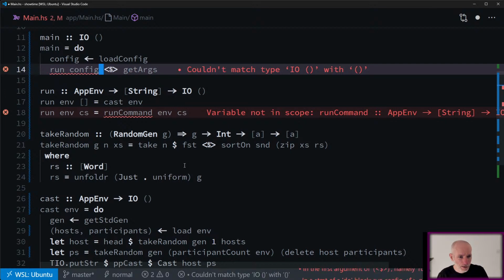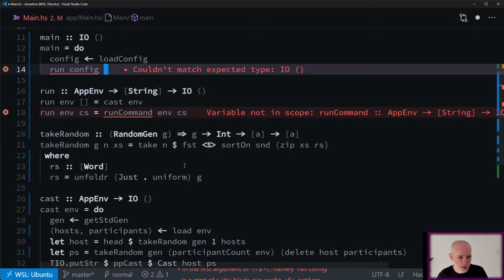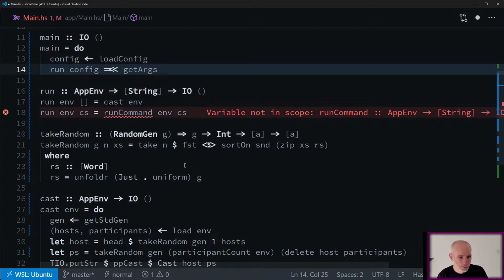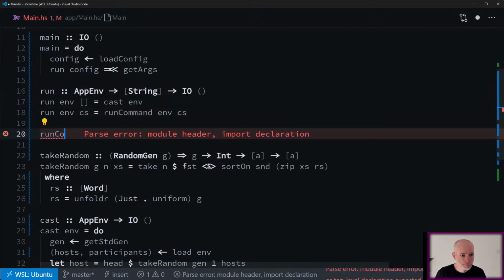Okay, because this is running under IO, it needs to, because it's going to call cast. You can say getArgs. Okay, so now runCommand.